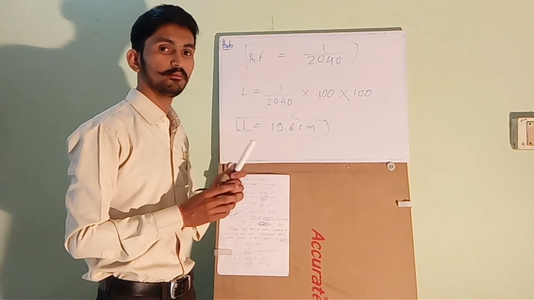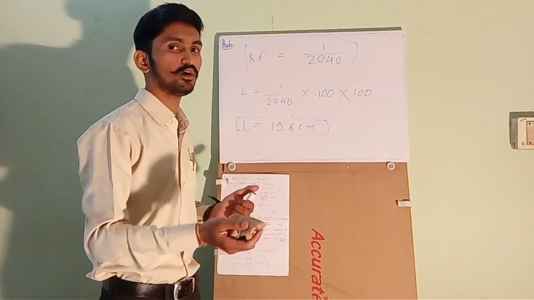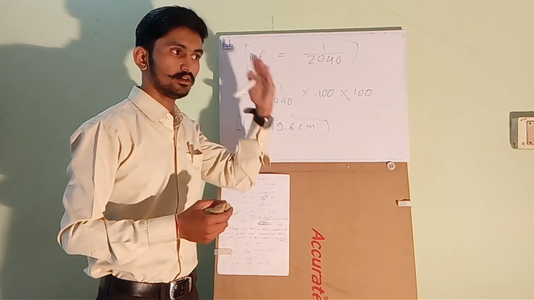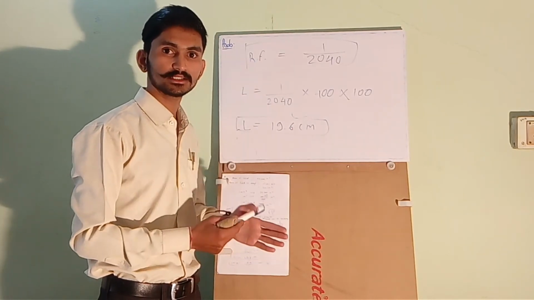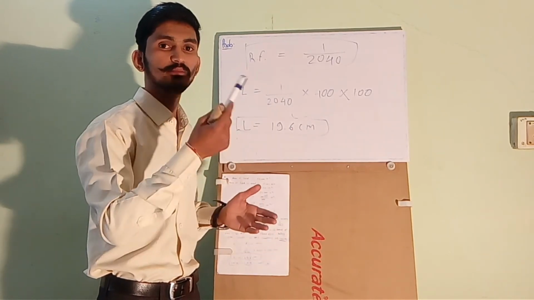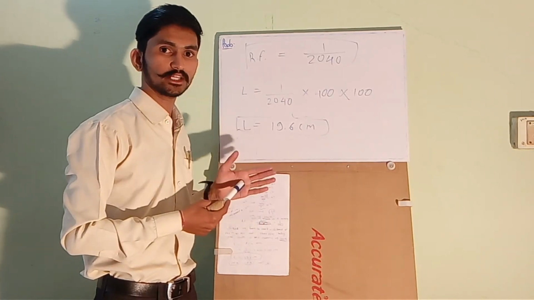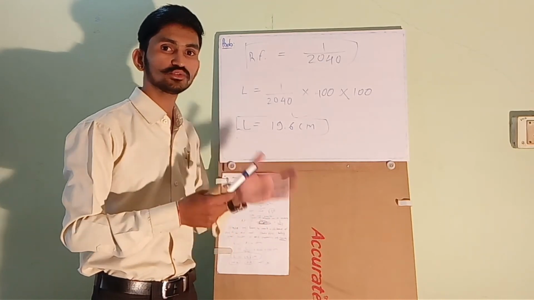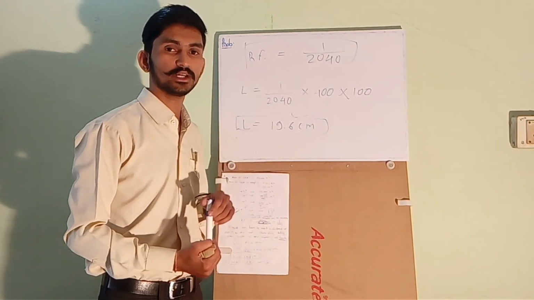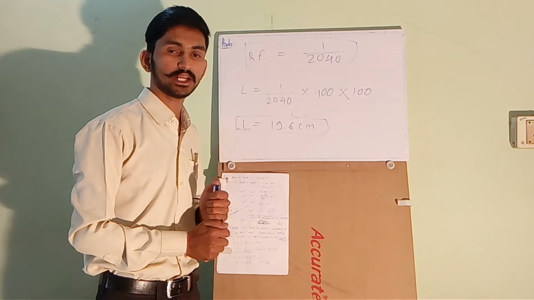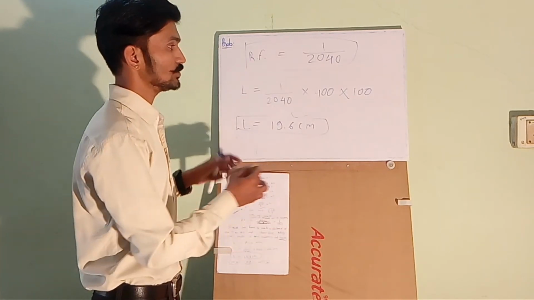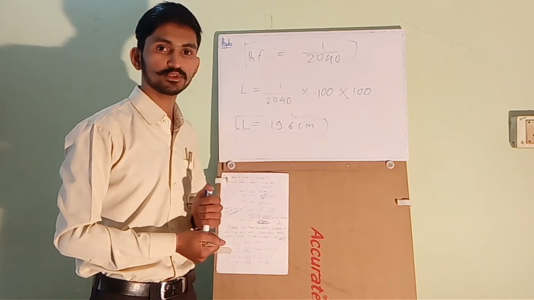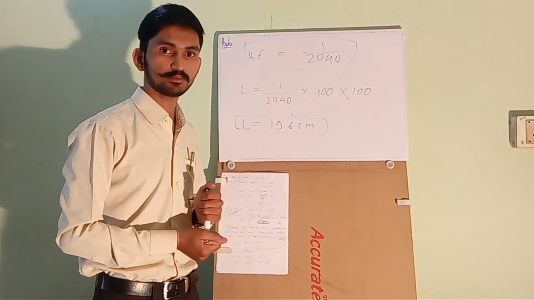Now we have to show minimum of 1 meter and maximum of 400 meters. So we will be drawing in hundreds of meters, tens of meters, and in meters. So drawing the diagonal scale is pretty simple, as we have drawn in the previous question. So how to draw a diagonal scale, the basics you can go to my previous videos and check them out from there. Okay, so this is how we can construct a diagonal scale from this type of question in which the area of the field is provided.